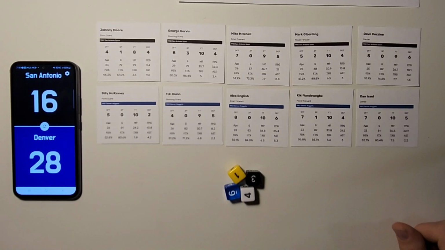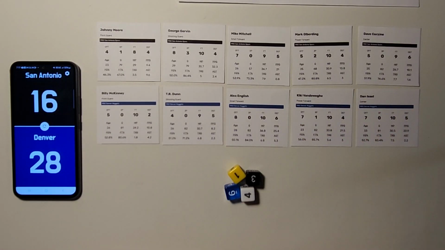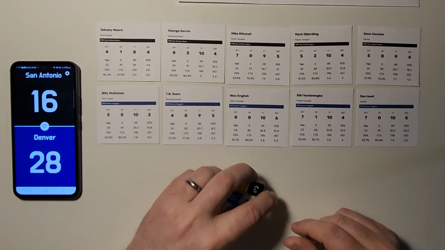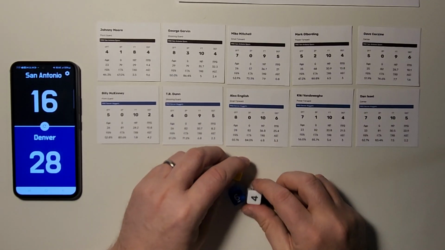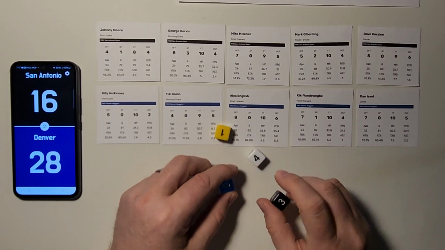So just following general NBA basketball rules. This obviously doesn't account for players fouling out or anything like that. This is more of a gamification, fun way to play it. But if you only have an hour, then you can knock out a game because you can play it in about 15 minutes or so, once you sort of get down what all the rolls mean and that type of thing. And again, this is playing one roll to figure out the player, and then just one roll of the